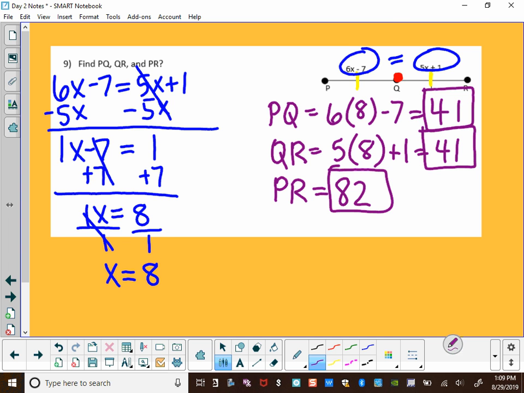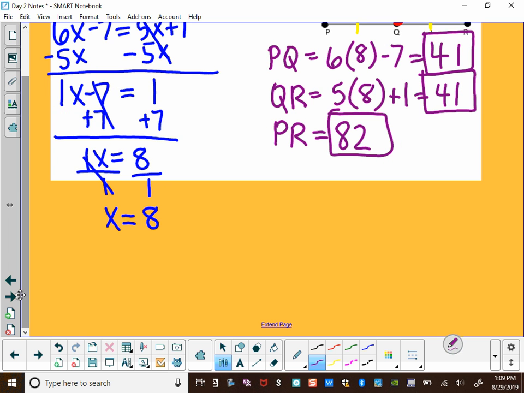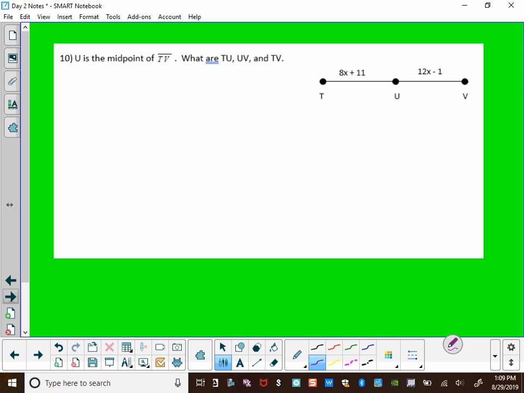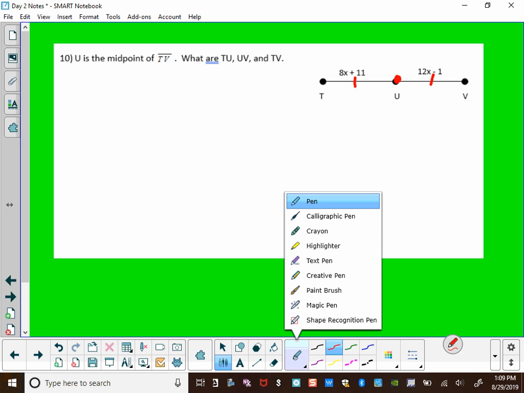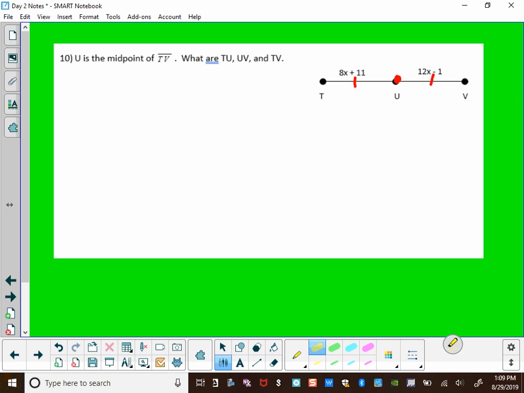All right, I want you guys to do the last one. They tell you U is the midpoint. So because U is the midpoint, I'm going to go ahead and draw in my hash marks. I know that those two segments are going to be congruent because it already said that U is the midpoint. So that tells me that I am going to do 8x plus 11 and make it equal to 12x minus